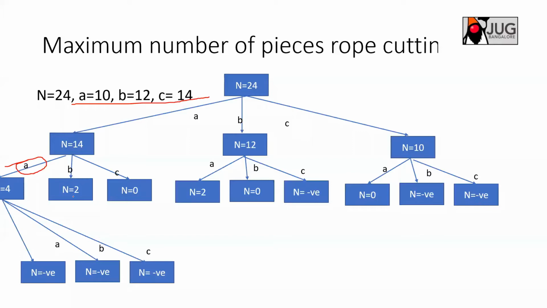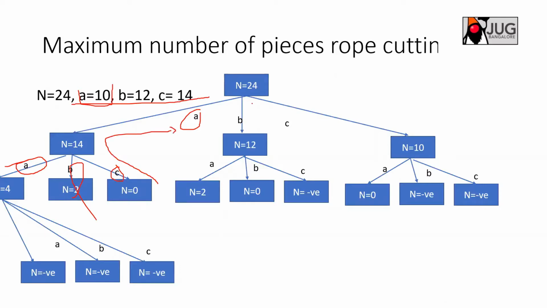There could possibly be one that also returns negative, so this is also not a proper cut and not a proper scenario. The only scenario possible is a cut of A and then a cut of C. So 24 can be cut with A and C, one cut with A and one cut with C. So that is what we got: cut of A and cut of C. This is the possible scenario.